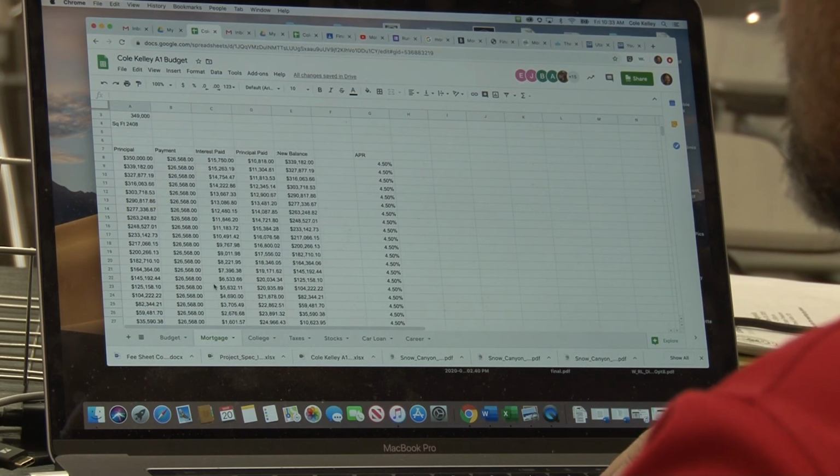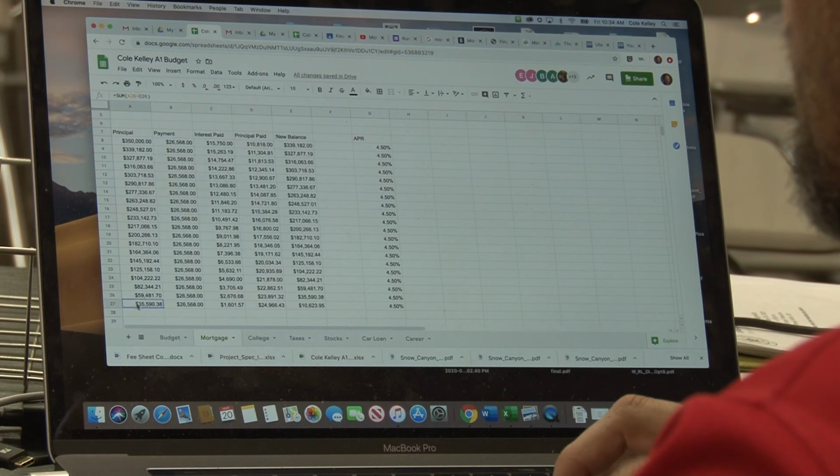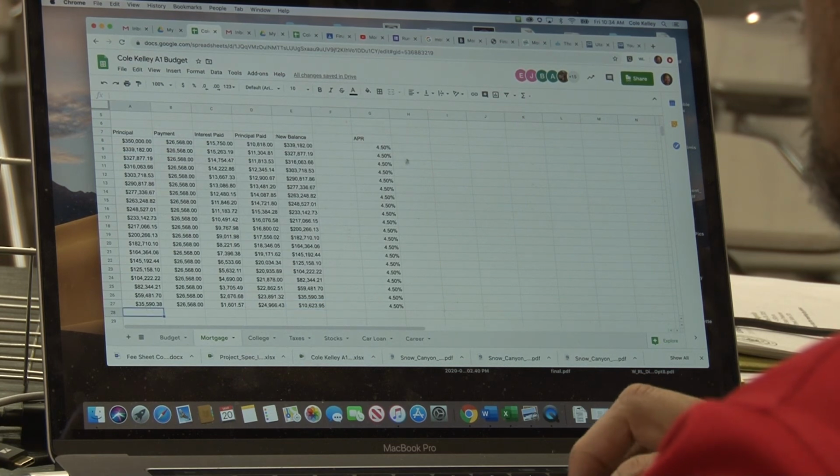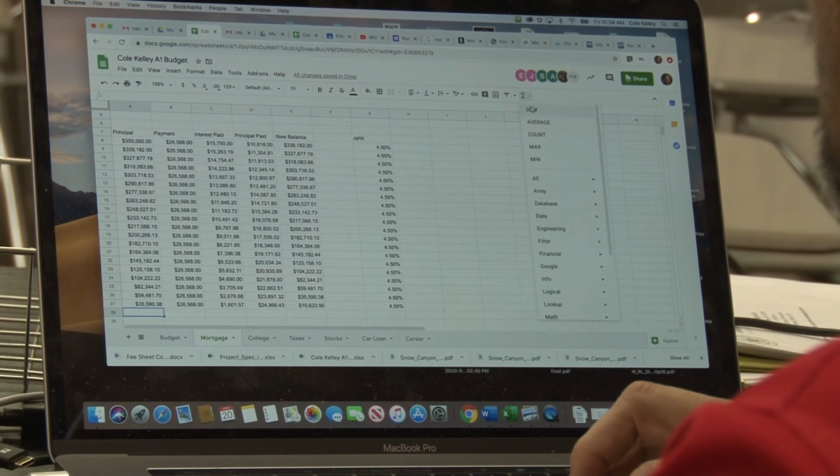All right, so there you go, folks. Amortize a loan, a mortgage loan. This last year here, if we get it paid off,